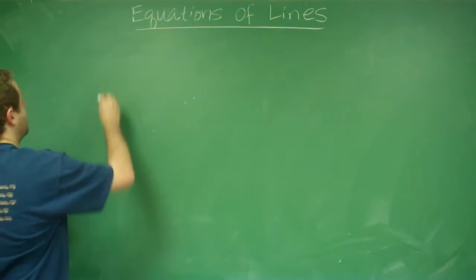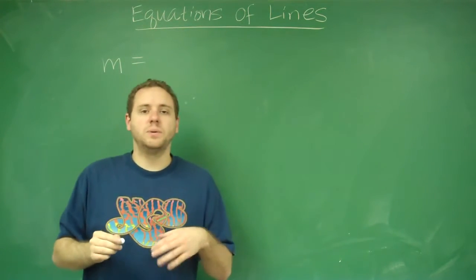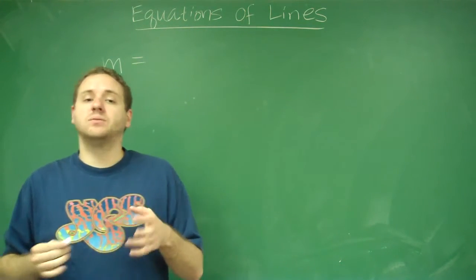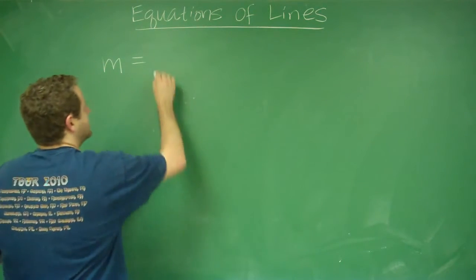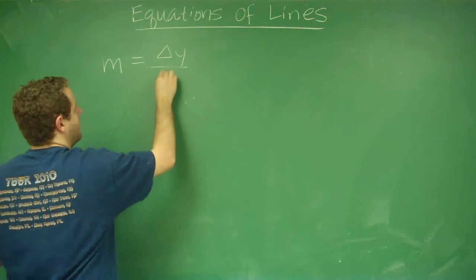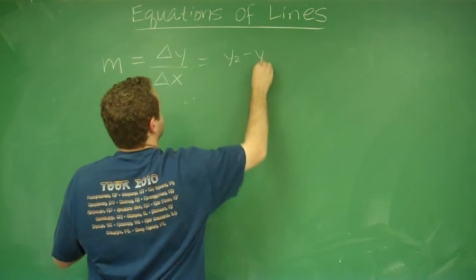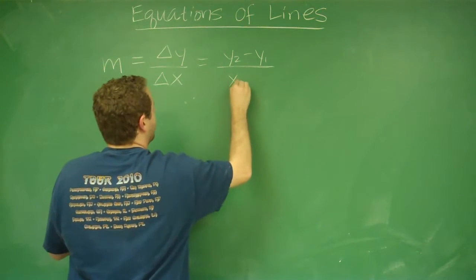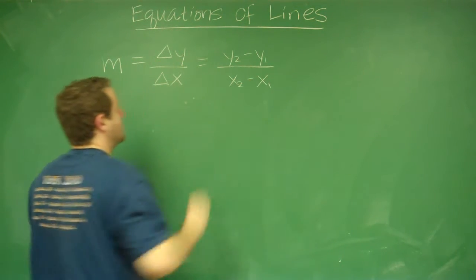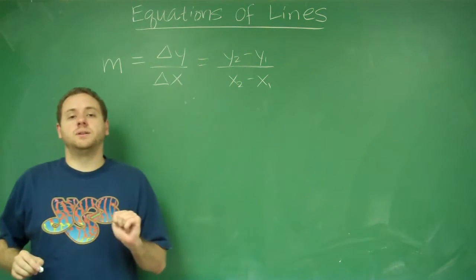So let's first talk about slope. Slope is represented by the letter m. Slope is the rise over the run, meaning how steep is the line, and that's given by the delta y, change in y, over the delta x, which you could write as y2 minus y1 over x2 minus x1. So if you were not given the slope of a line, you need 2 points to determine